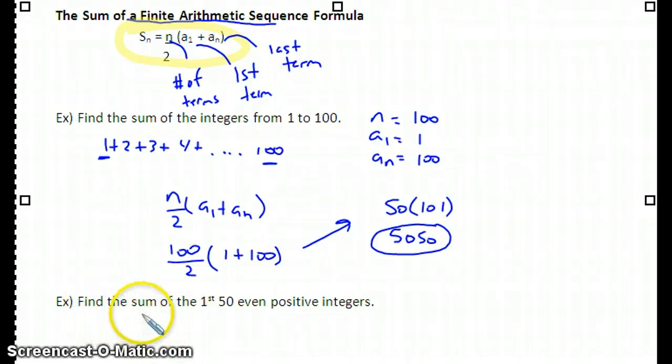The next one says to find the sum of the first 50 even positive integers. So the first 50 even positive integers says do 2 plus